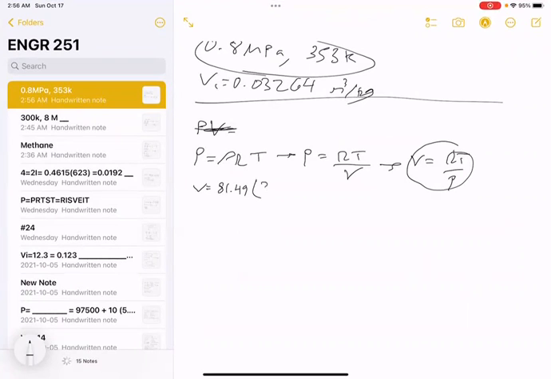T is 353. Make sure you use Kelvin and not the 80 degrees Celsius. And the pressure is 0.8 times 10 to the 6. And if we do all that on the calculator, we should get 0.03596